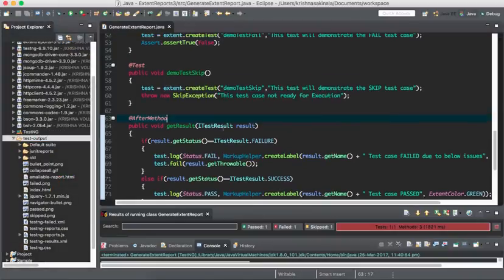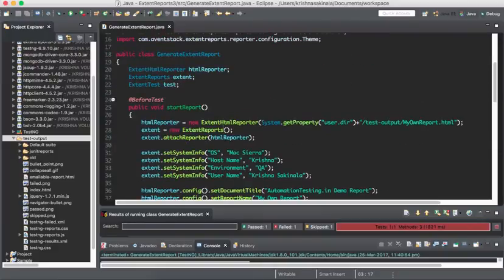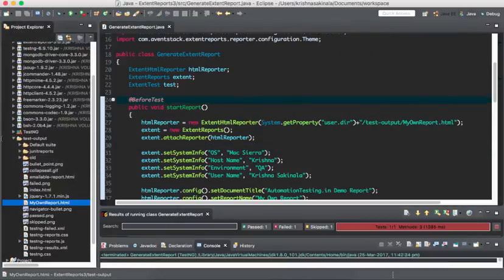We have given the name. Any mistakes? Test output and my own report.html. It is not generated. Give me 1 second. Yeah, it took some time to generate. I just refreshed it again and the HTML report, report.html, got generated. If you open this one,